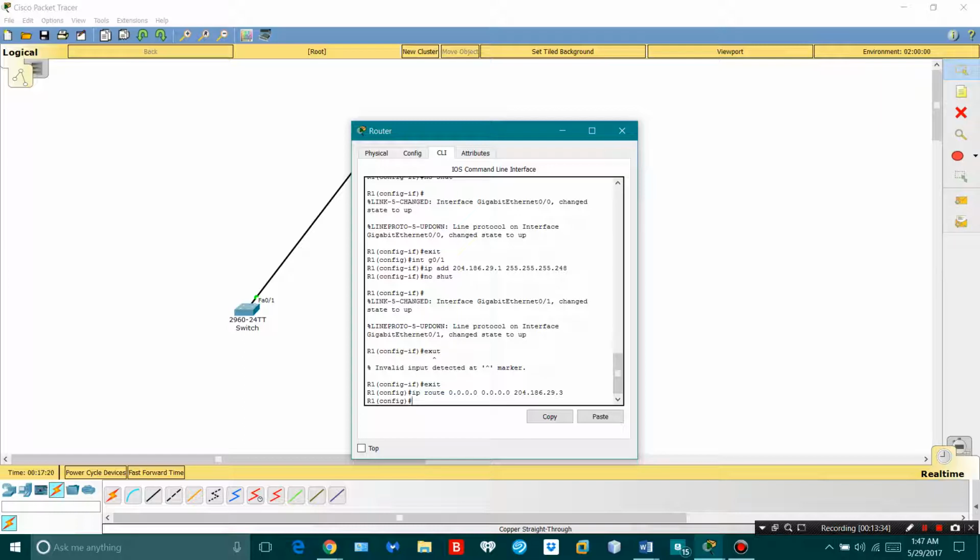So that is the static default route, and now we can begin with question 7, where we're going to set up DHCP on router 1 to support the following network of 192.168.20.0 with the subnet mask of 24. In order to do that, we're going to type in the following commands: ip dhcp excluded-address 192.168.20.1